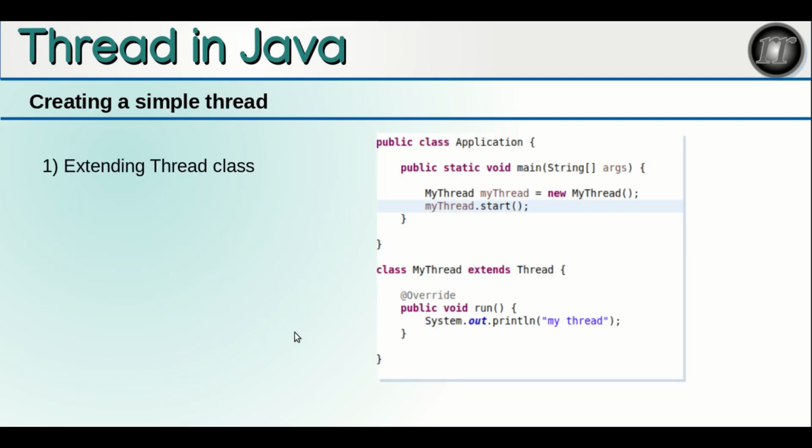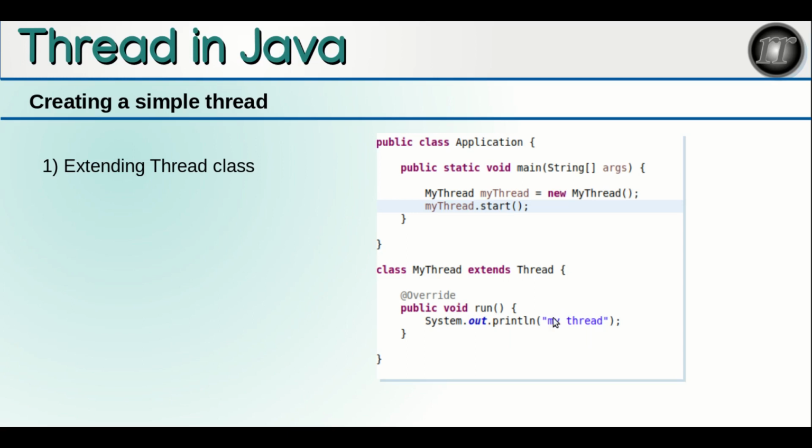So there are two ways to create a thread. First is by extending the Thread class. If you have a class, you can convert it to a thread by extending the Thread class itself, and you will have to override the run method, in which you will write the statements you want to run by the thread.